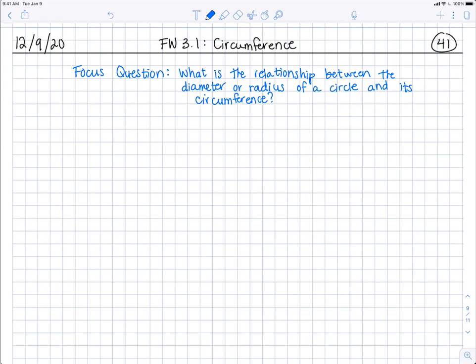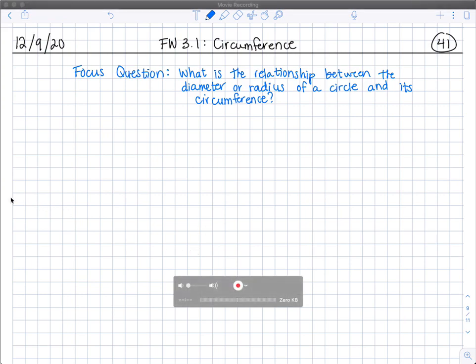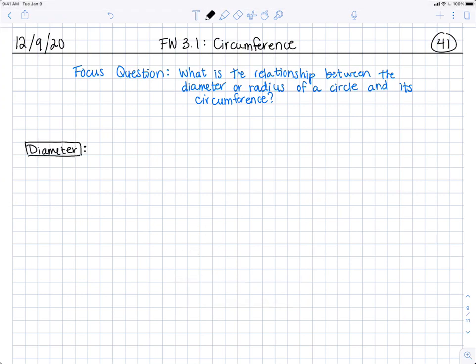So before we get into the actual problem, let's quickly go over a few vocabulary words that will be useful for you to know. Alright, the first word is diameter. What a diameter is, it's a line segment